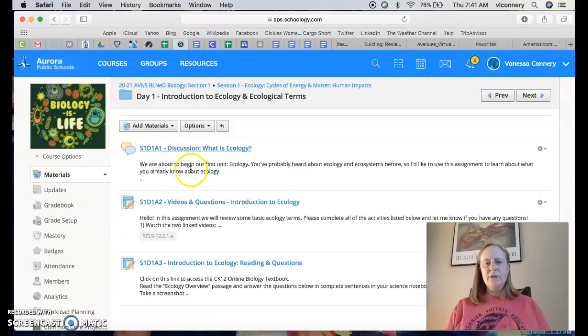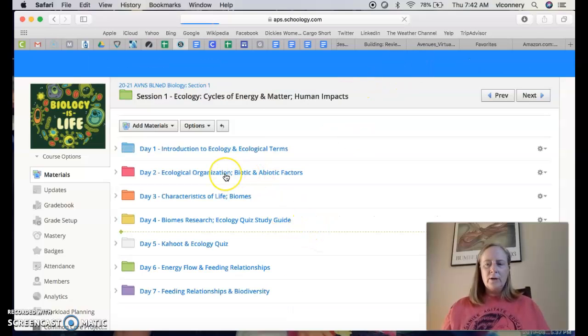I click on it and it's got 3 assignments. So here's what this code means. The S1 means session 1, D1 means day 1, A1 means assignment 1. So then the next one is session 1, day 1, A2, session 1, day 1, A3. And you're doing basically 4 or so days' worth of work every day because of our shortened number of days available and our 3-hour sessions. So in session 1, that 3-hour session, when you're here with me on day 1, you're going to complete all of this work and also the Google Chat assignment. Okay, so that's how the coding works. That's how you know where you're at and if you're on task